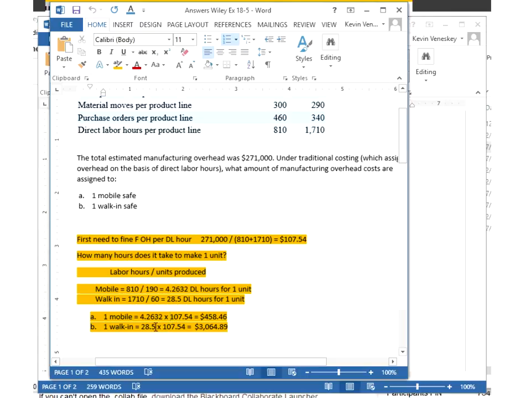Then for one walk-in safe, it takes me 28.5 hours, and the charge is $107.54 per hour over 28.5 hours. For every walk-in safe, I need to add an extra $3,064.89